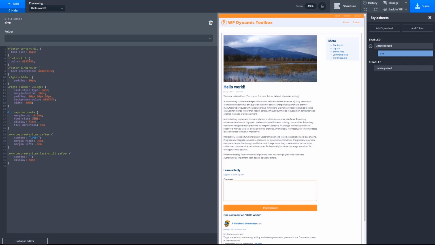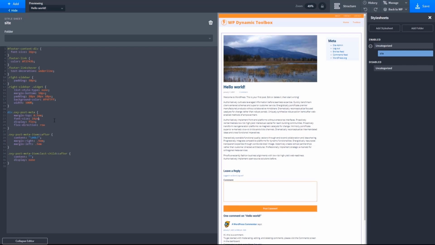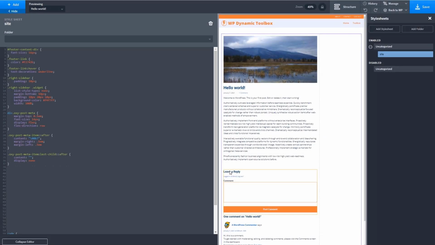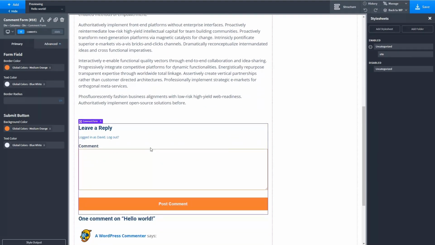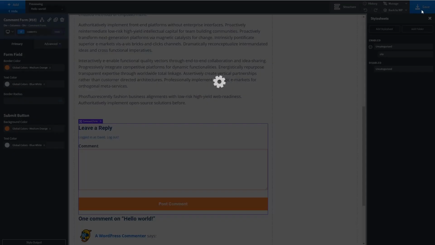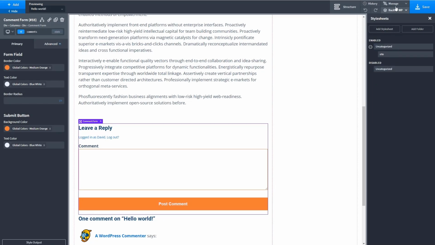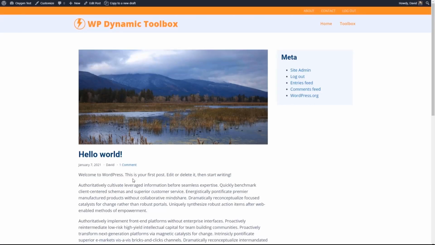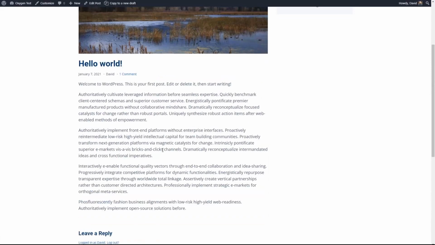Okay, I'm going to just give it a font size of 14px. 14, or should I do 16? Let's try 14. And this link to fix the bookmark is pretty easy. What you do is you just give it the ID instead of the random one, you give it comments, and then that matches the bookmark in the link to the comment section. So I'm just going to save this and then we can go to the front. Alright, I'm going to say that's okay. So there's our post single and we have our